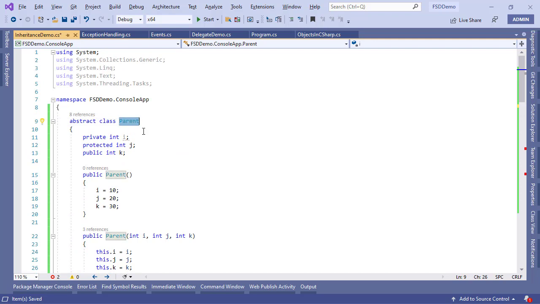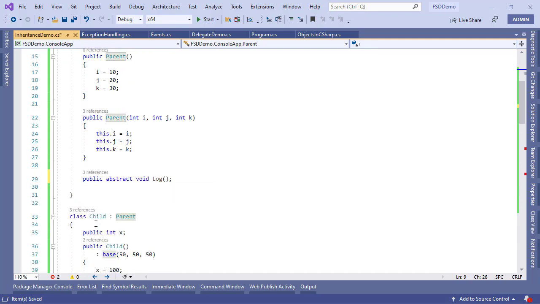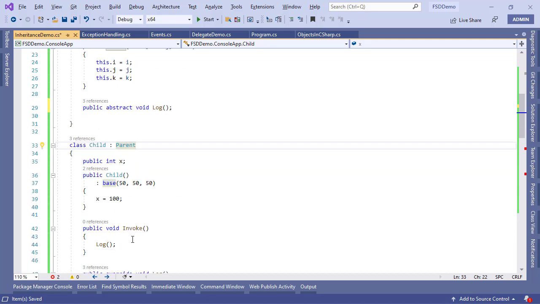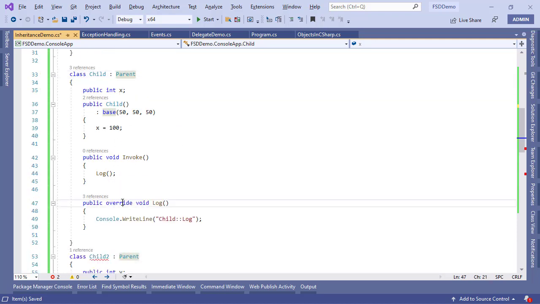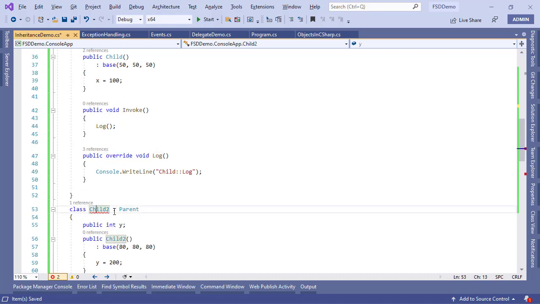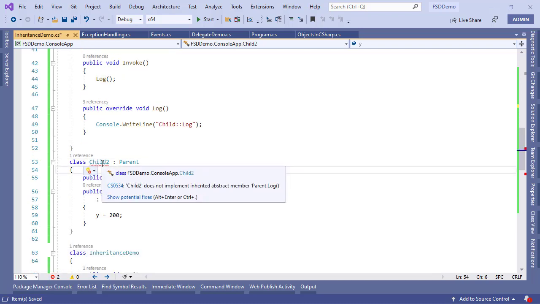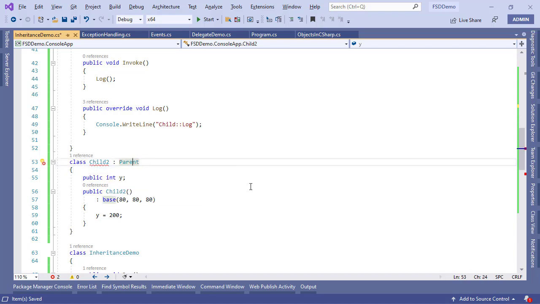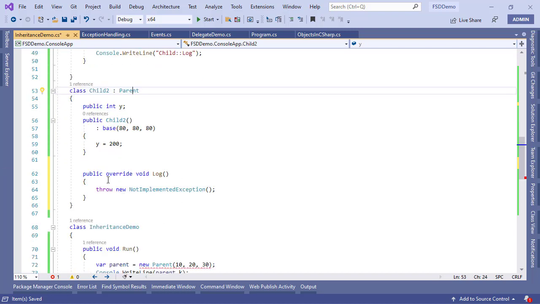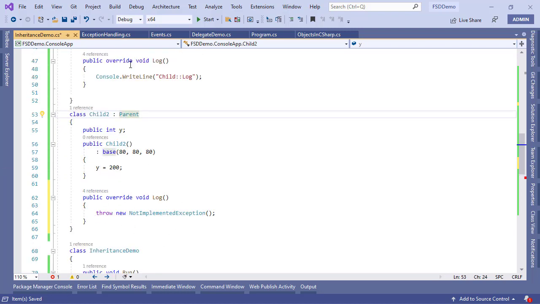Nobody can do new parent, and any class that is inheriting from the parent class will have to implement the log function with the override keyword. Because child2 is not doing that, we are getting a red squiggly here, and notice that it's saying child2 does not implement inherited abstract member parent.log. And to implement that, it is pretty straightforward. You can come over here, hit control dot, or you can click on this bulb. I'm going to hit control dot and click on implement abstract class, and notice that it has provisioned the log function just like this one. So I'm going to copy this line